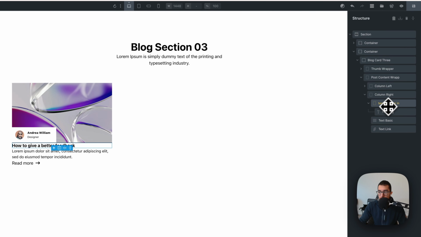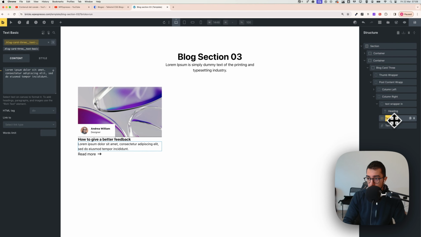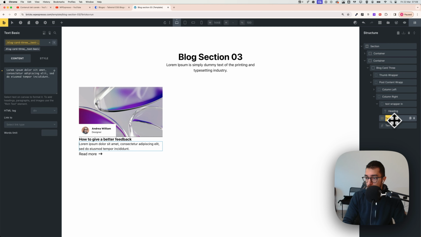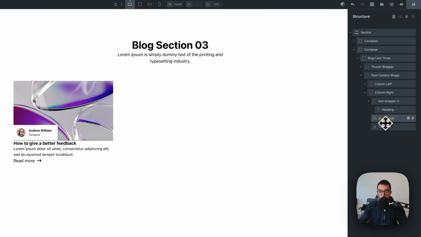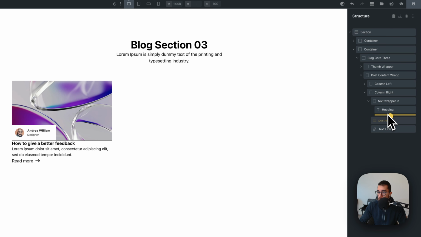Okay, something like that. You get the text basic here that would be called something else, usually like post excerpt, okay, and you just drag it inside of it, and here I would go on post link, always rename things very correctly,